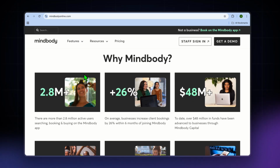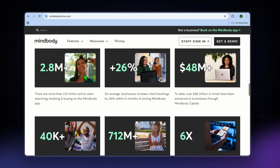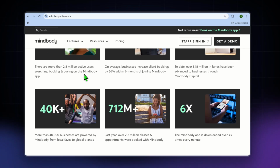And the reason why it is number 1 on my list is it's a mature, feature-rich platform designed for studios and gyms that want to scale and run most of their business from one system. Also, it is excellent if you're a hybrid fitness or wellness business, for instance, a gym plus yoga plus PT plus massage